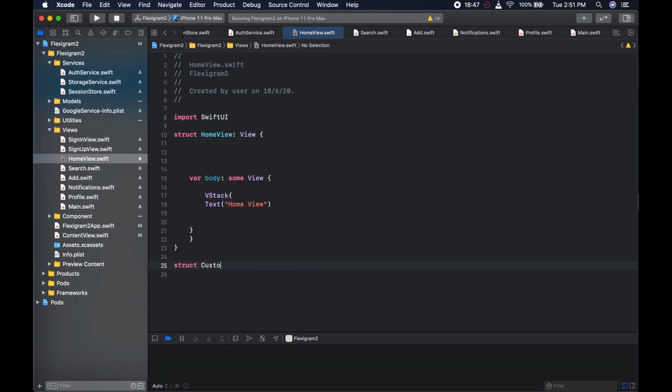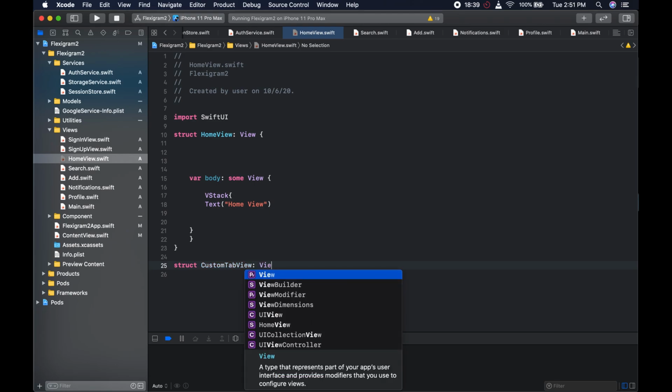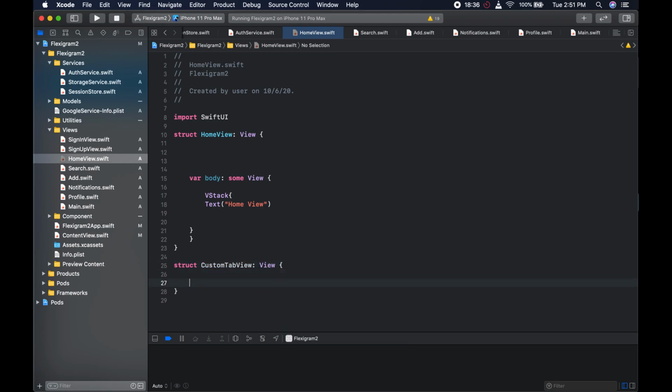So we could say custom tab view, like so, and this is going to be of type view, and it's going to have a state variable to hold the selected tab. We could say var selected tab, and we're going to start off at magnifying glass, like so. This is the one for the search, but we're going to change it to, I don't know,